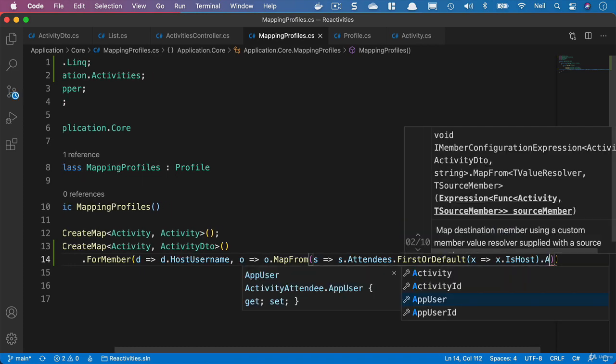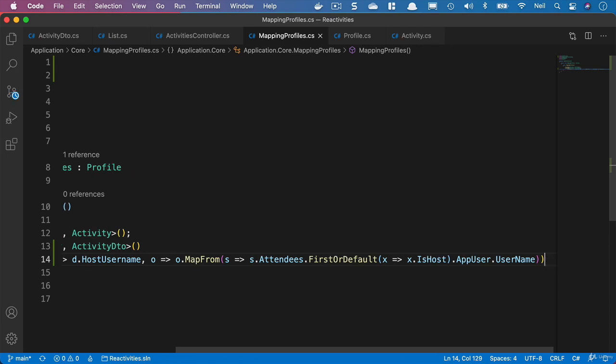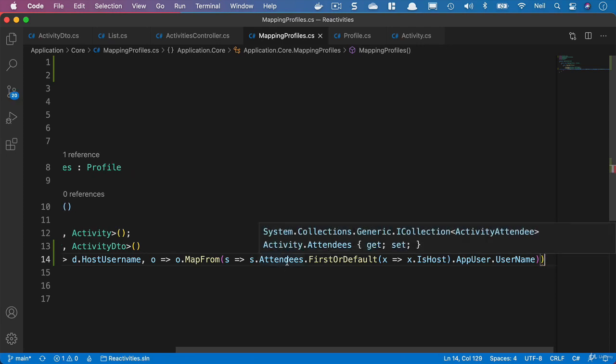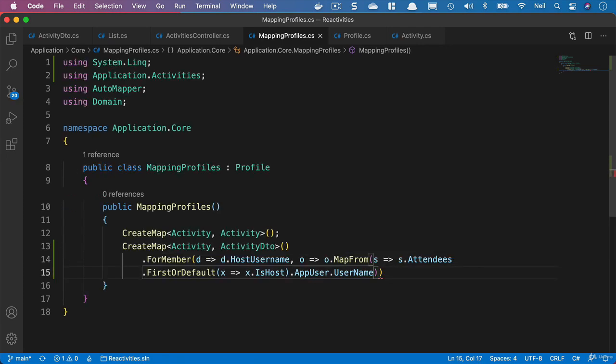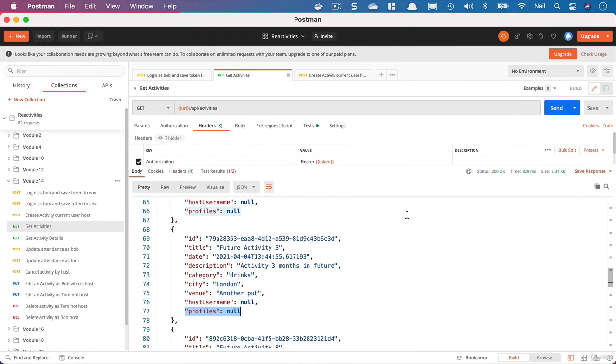And then we want to say .AppUser.UserName. And let's move this down so I can fit it on the same screen, and then finish with a semicolon. So if we take a look at this small change, and we'll go back to Postman, and we'll click on Send again,